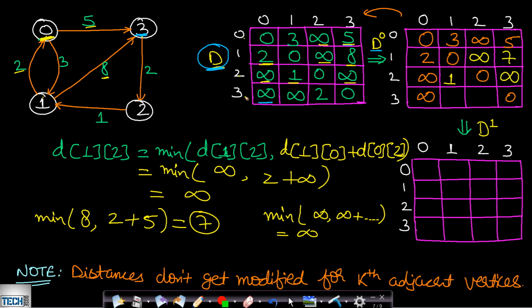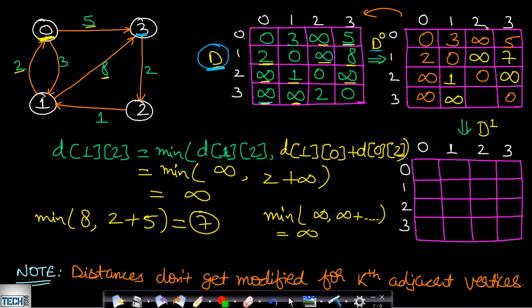Okay, now for this one, from 3 to 1. From 3 to 1 the value is infinity. Now from 3 to 1 via this node 0 it will be 3 to 0 and 0 to 1. So 3 to 0 distance is infinity, so we don't care about the other part. Actually it will be infinity, minimum of infinity comma infinity.